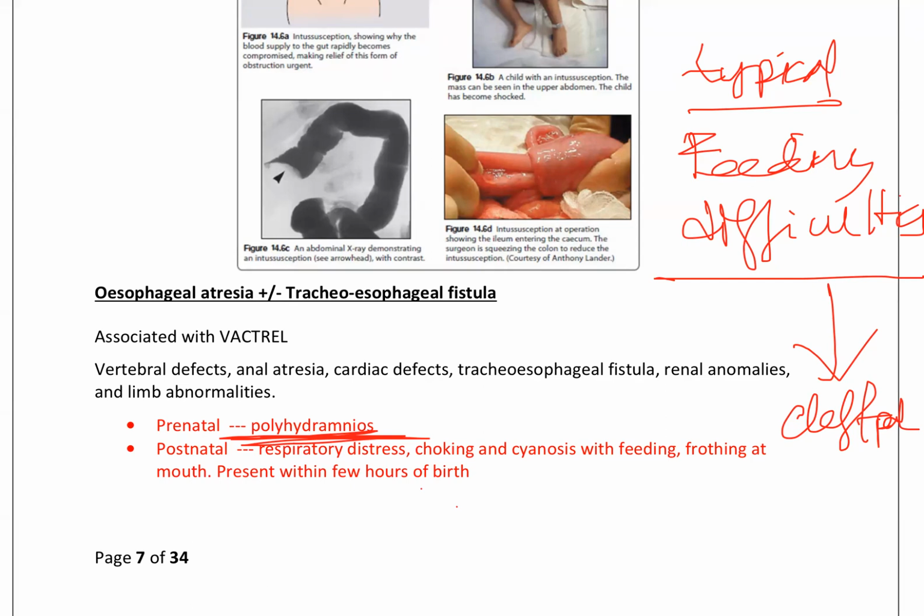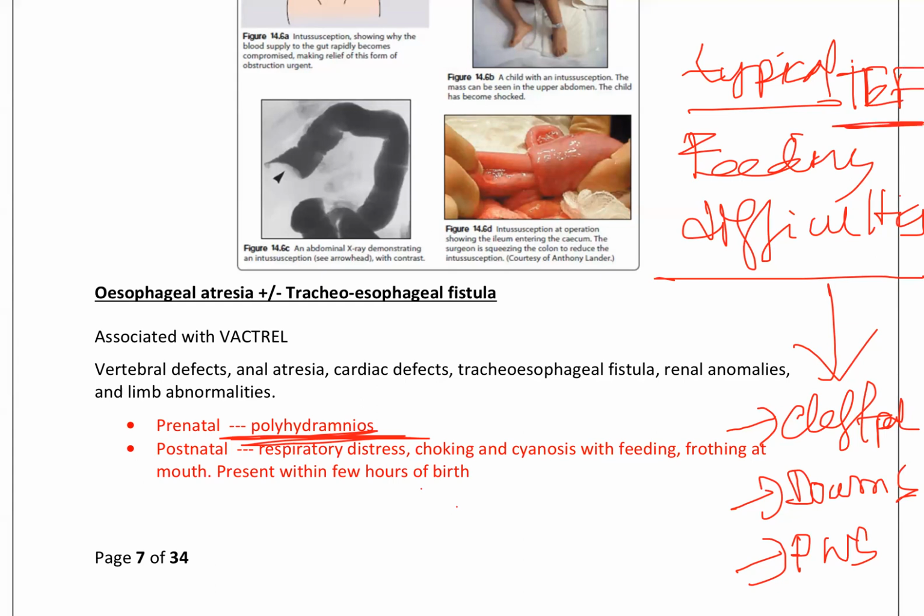What other things? Down syndrome could be a feeding problem. Prader-Willi syndrome could have a feeding problem. So I just tell you that after birth there are feeding difficulties. Tracheoesophageal fistula is a very important diagnosis, but feeding difficulties could also be associated with Down, Prader-Willi, cleft palate, other syndromes,